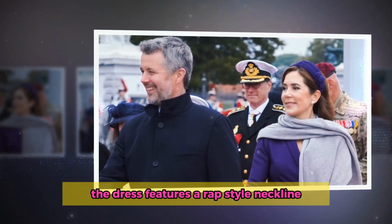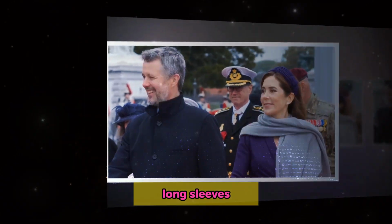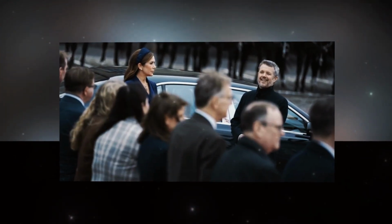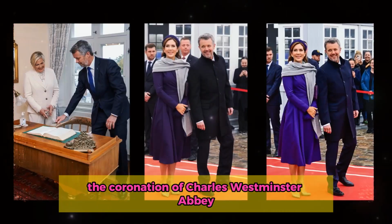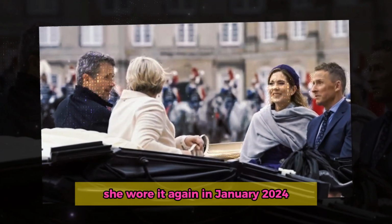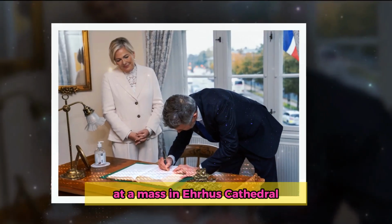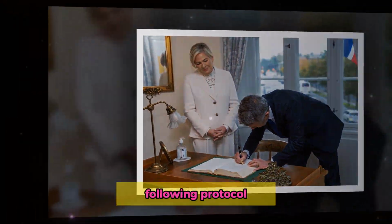The dress features a wrap-style neckline that accentuates the waist, long sleeves, and a fitted bodice that flows into a voluminous pleated skirt. Mary first wore this outfit at a major event, the coronation of Charles at Westminster Abbey, on May 6, 2023. She wore it again in January 2024 at a Mass in Aarhus Cathedral, commemorating Frederick's ascension to the throne. Following protocol,